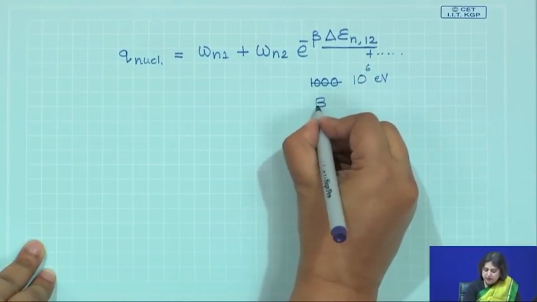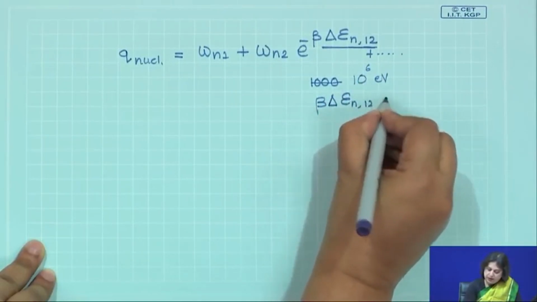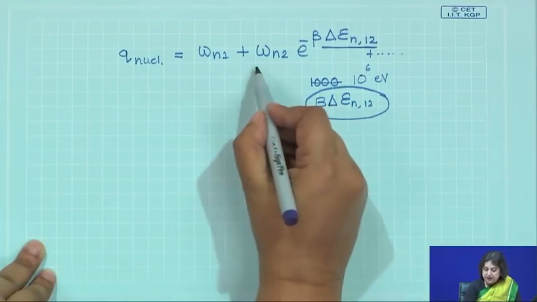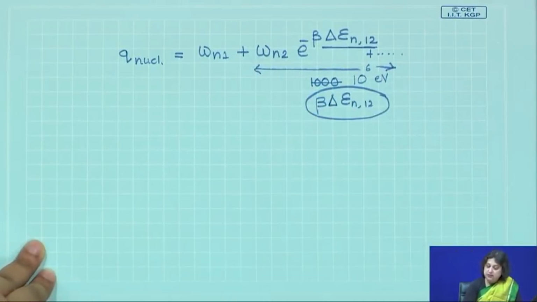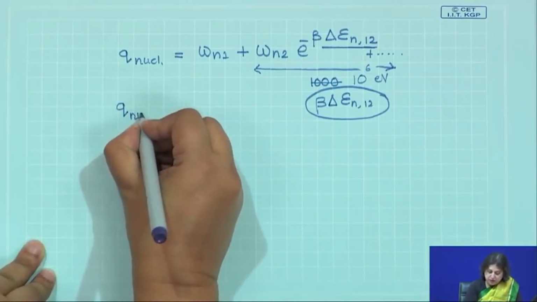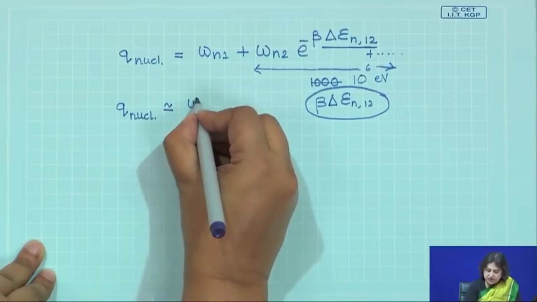Therefore, at normal temperatures, beta times epsilon n 1 2 is such a number that the contribution from this term is essentially 0. Then, to a good approximation, if you are working at high enough temperature, Q nuclear has been written down as